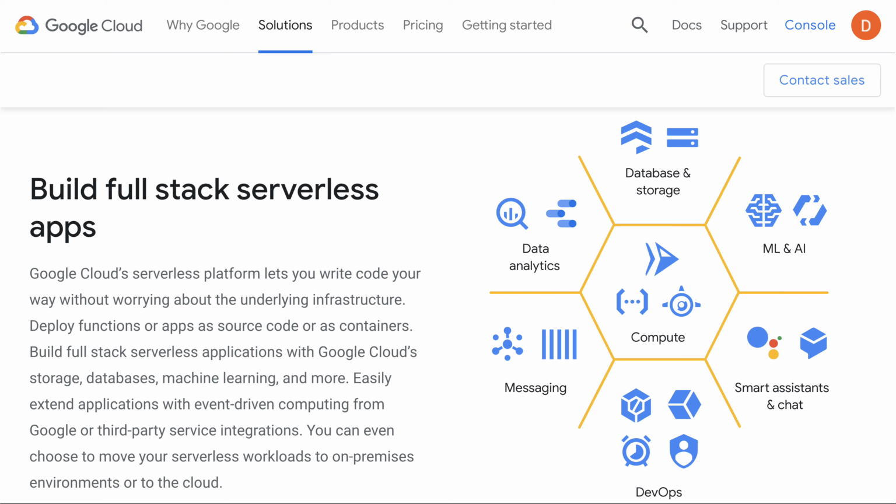As you can see here, this page is from Google, and these are some of their serverless offerings. And they have databases, they have AI, they have many other things. And if you think about AI, for example, this is a perfect type of packaging. You do not have to concern yourself with the implementation of the algorithm, the maintenance of the environment that it's going to run in, the performance, all of that you can simply specify as you fill in your terms that you are requesting for that function, and you can simply call that function.